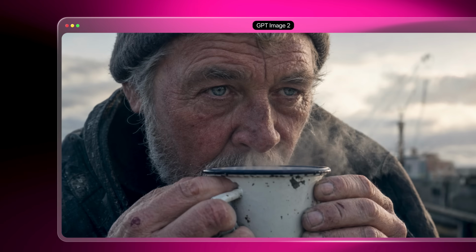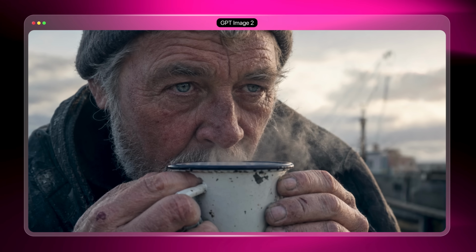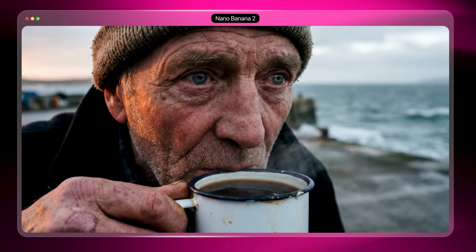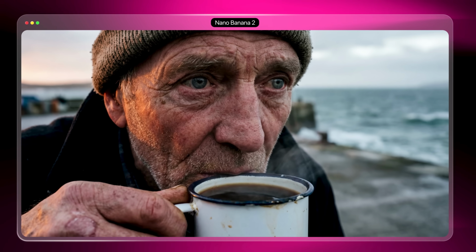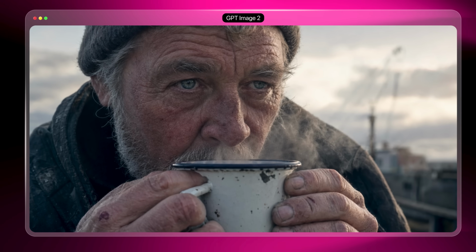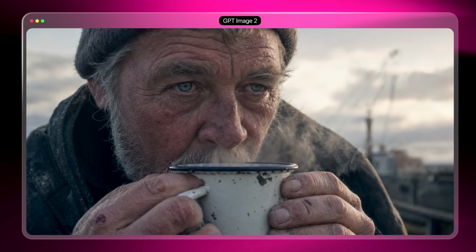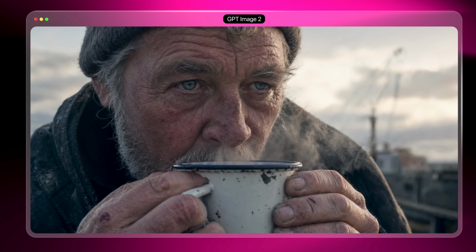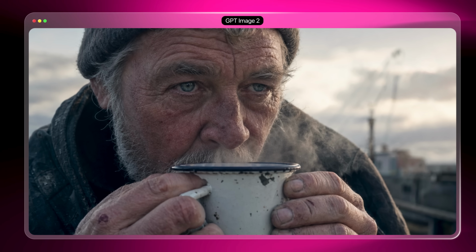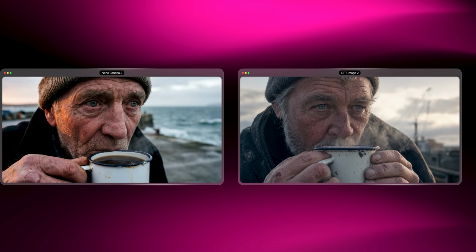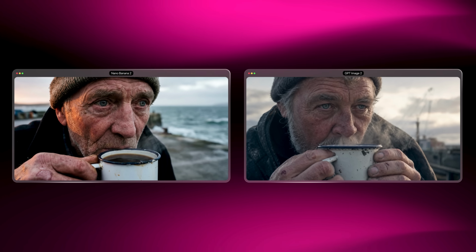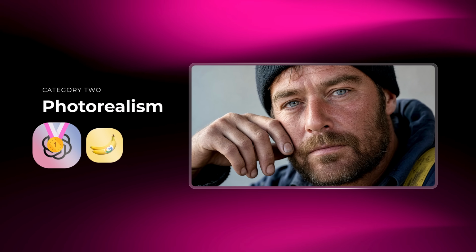What comes back is a softer yet more realistic image of the old man. Nano Banana 2 is great at producing sharp textures, but that's not always realistic. This image, even if it's softer, has more believable features like the wrinkles on his face. The steam rising from the mug is also a huge detail that stands out, and it's way more natural here. When I put the two results side by side, the difference is subtle and it's a close call, but it's not a tie. Category 2 goes to GPT Image 2,